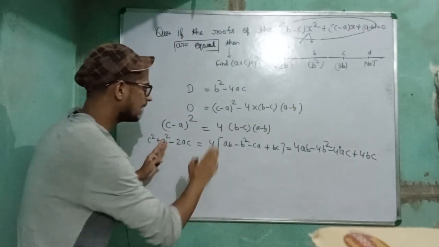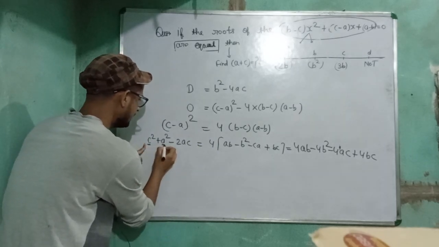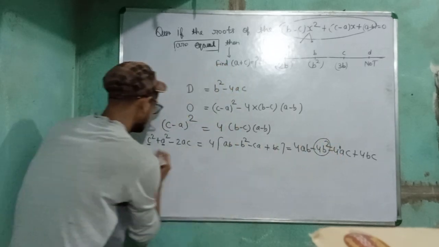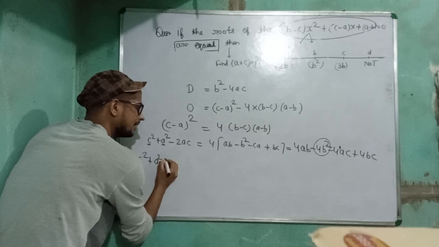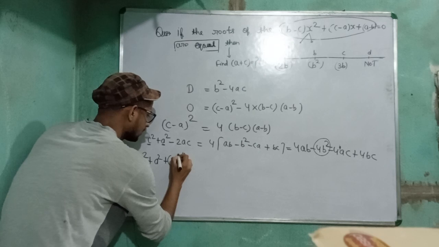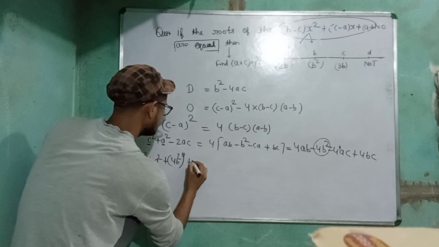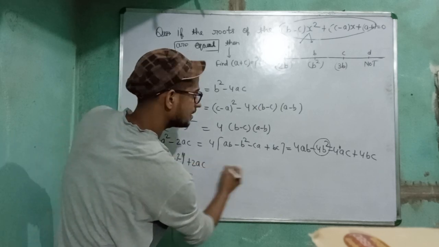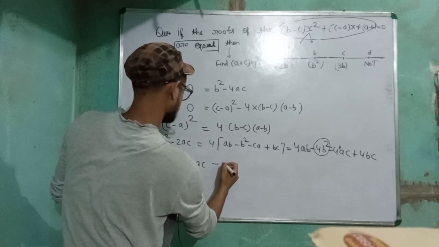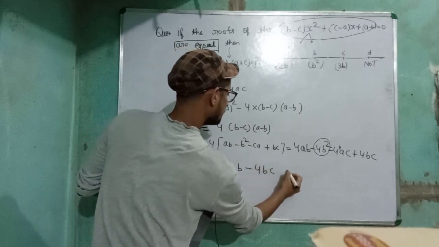So I am making some algebraic arrangement. You should focus on this board. So look, c square, a square, I am just arranging the square terms at a single place, like this: 4b square over here, c square plus a square plus 4b square, minus 2ac plus 4ac will come out to be 2ac, and minus 4ab minus 4bc equal to 0.